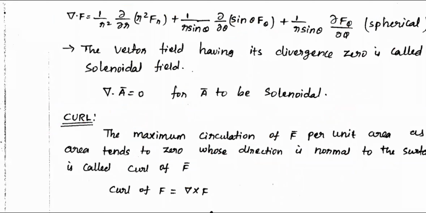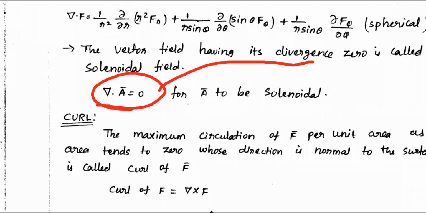So we have seen what del dot of a vector is, and finally the answer will be a scalar. It gives you the measure of outward flow. In some cases, if you take the dot product of a vector, finally you get 0. Then what is the divergence value of that particular vector? The divergence is 0.